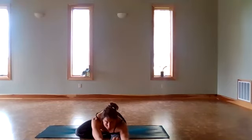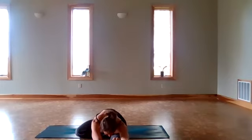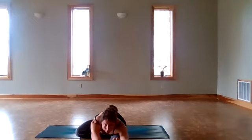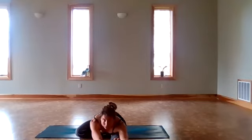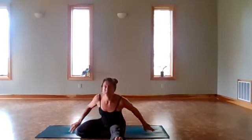Exhale, bowing down. 1, 2, 3, just touching some subtle qualities of the breath here. 4 and 5. Take a lengthening breath. Inhale. Exhale, release the pose. Outstretch the right leg. Let's do the same thing other side, folding left foot in, rolling up onto left heel,